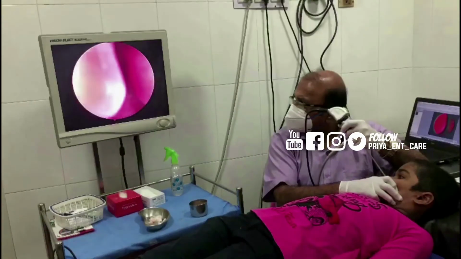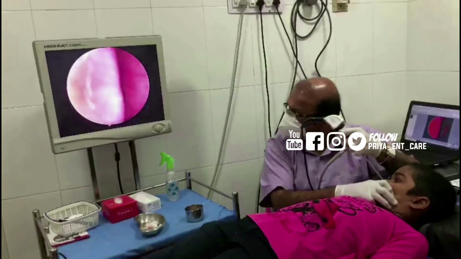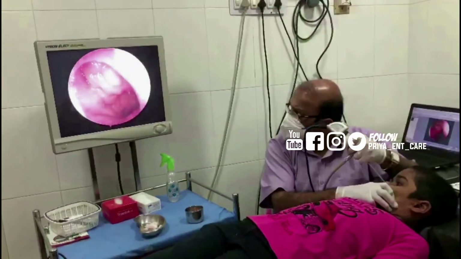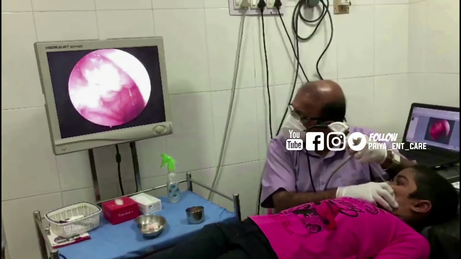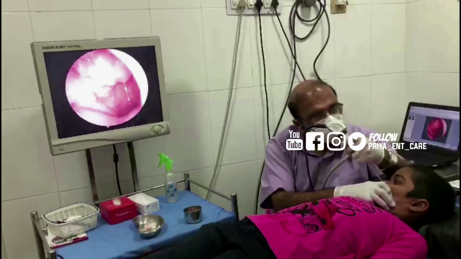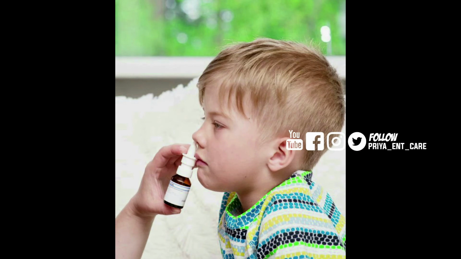The better way of diagnosing this problem is to do a nasal endoscopy and visualize the nasopharynx and the adenoid mass directly. In this way, we can ascertain the grade of the mass, whether it is 3rd grade or 4th grade, whether it requires surgery, whether there is any other obstruction in the nose also which is contributing to the symptoms. In grade 1 and grade 2 children with mild symptoms, usually steroid nasal sprays are given and they give lasting relief for some time.